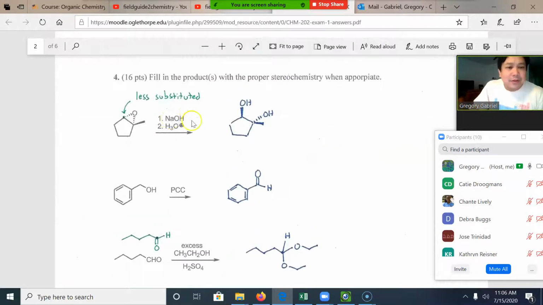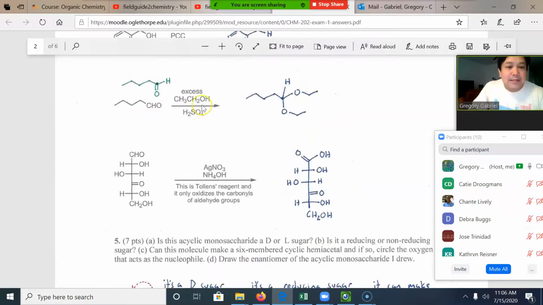Page 2, there's no acid in the first reaction, so you attack the less substituted carbon. And you know that we consider this an SN2, so the backside attack. With excess alcohol, I expected you to go all the way to the acetal. Some of you stopped at the hemiacetal, and I gave partial credit,